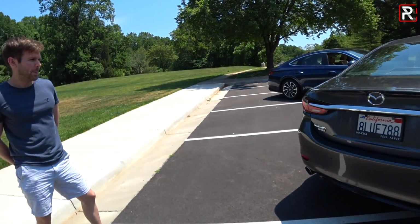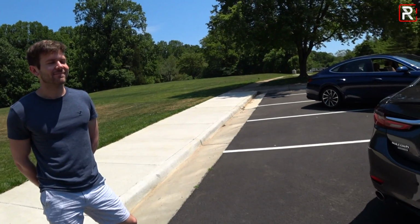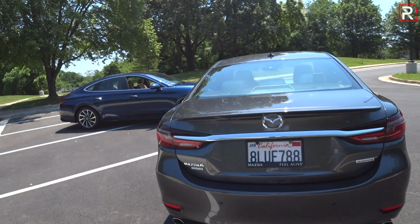But remember, this has like an extra 80 horsepower over the Hyundai. So until Hyundai comes out with an N Line, the Mazda is definitely the one that's going to win the drag races. Yeah. All right, so now we've moved on to the interior,